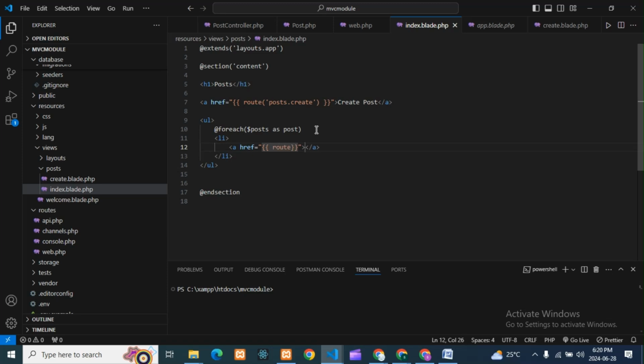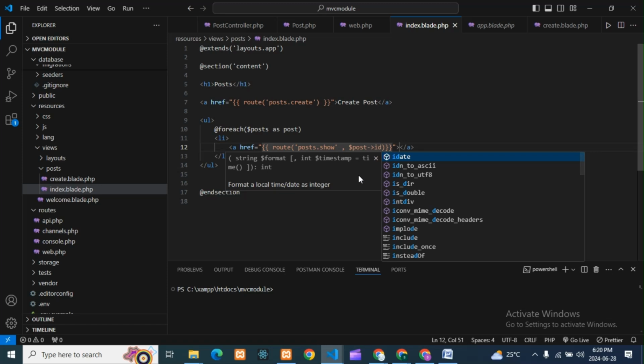that is route. This post is common for all. Show means it will show all the posts, and we need to show the id as well. So here $post, and here id will come.